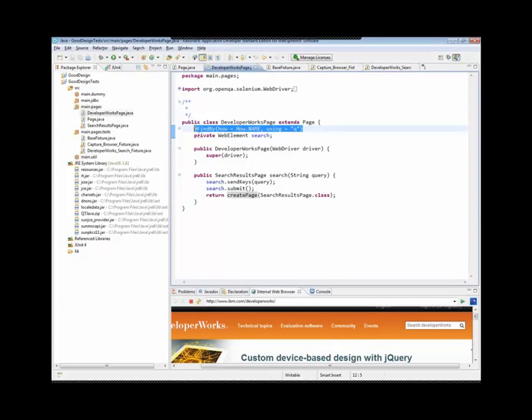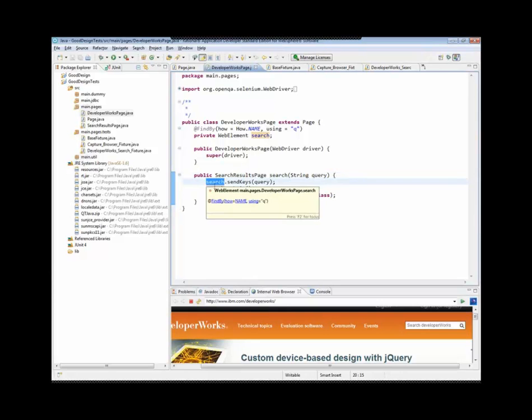But the concept is very similar. You have something that is going to connect you to your browser. The page object itself is obviously going to take it in the constructor so it can use it and build up various elements over time to perform the functions. We have a functionality right here called search. And if you call that, you can see we're sending our query to the search box, and then we're submitting our search, and then we're creating and returning another page, which represents the search results page.